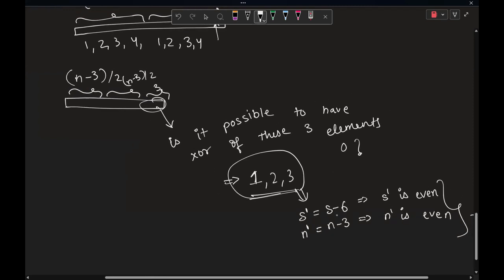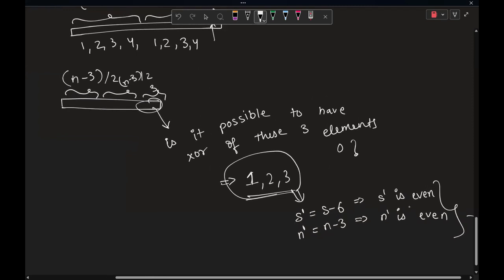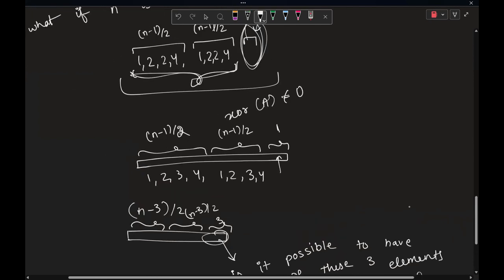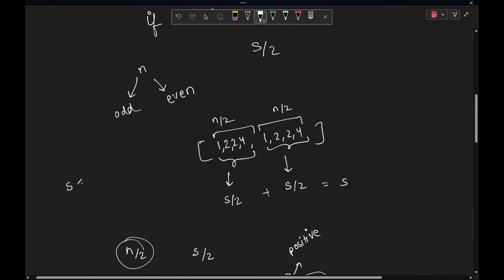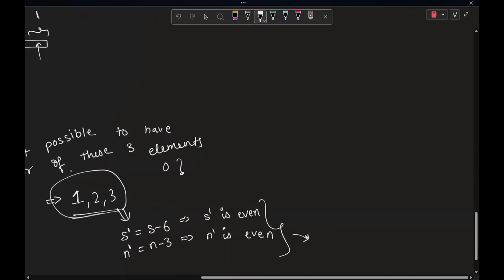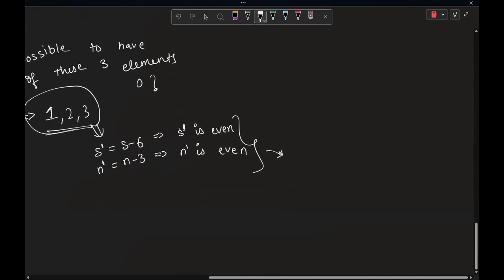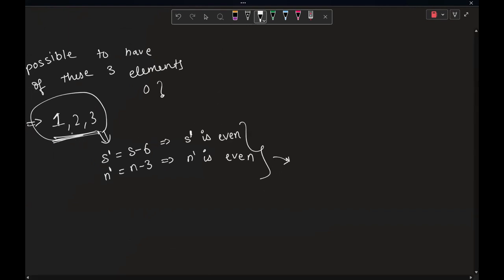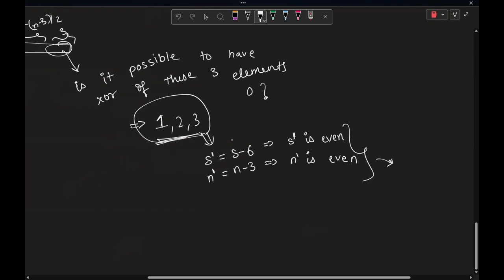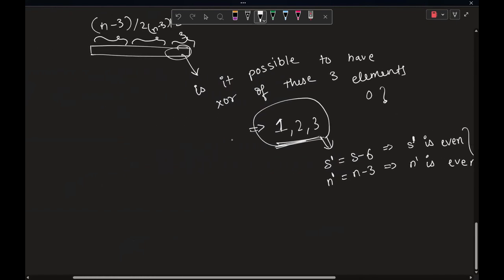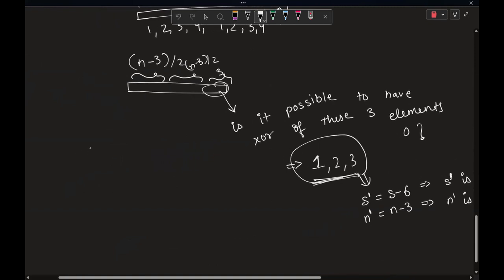Now, when does this n dash being even and s dash being even fail? The only case where it can fail is if s is less than n, right? So you would like to have this s dash being as large as possible. And if you see, there is no better thing you can do here to remove a smaller number from s. You can try to think about it. You will see that it does not really work out. So we have got to the idea that, hey, if n is odd,